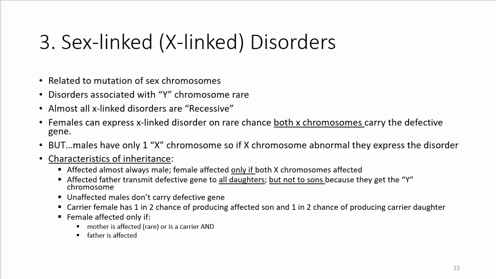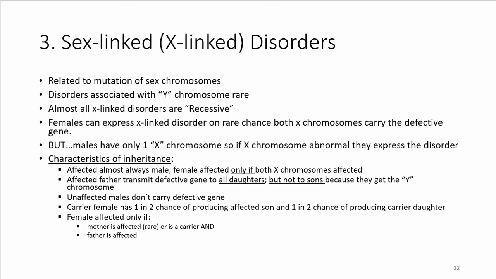So the only time we get Y chromosome disorders, they behave exactly like the autosomal disorders, because with a dominant and recessive allele on a gene that is on both X and Y chromosomes, it behaves exactly like an autosomal disorder. In order to be special, it's really X-linked. And